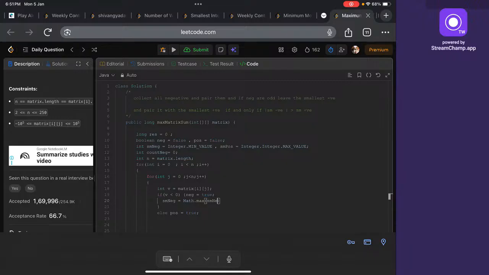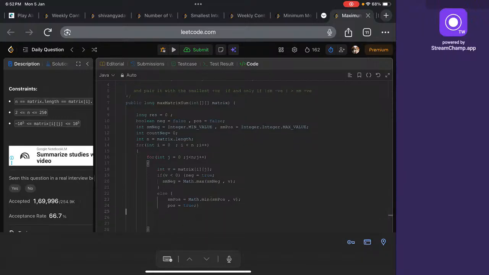Else we write it in the positive case. We are finding the smallest positive, so we minimize the positive: smallest positive is equal to Math.min of smallest positive and v, and we increase the count of negative, count negative increase,